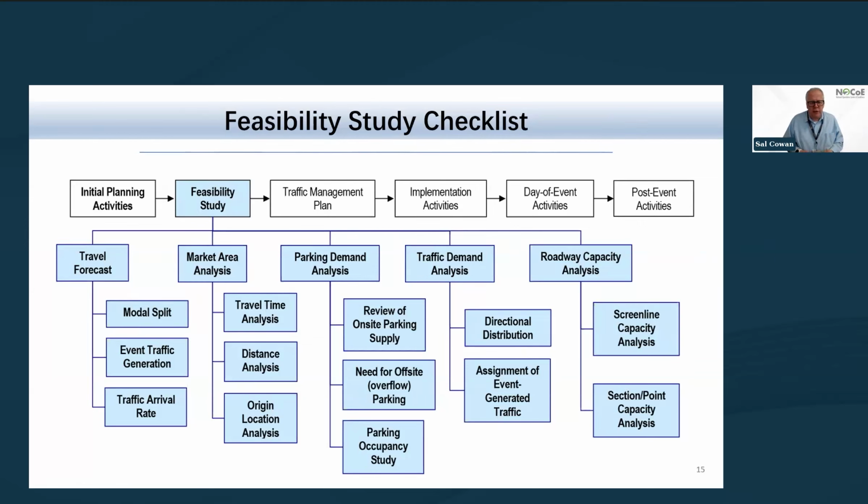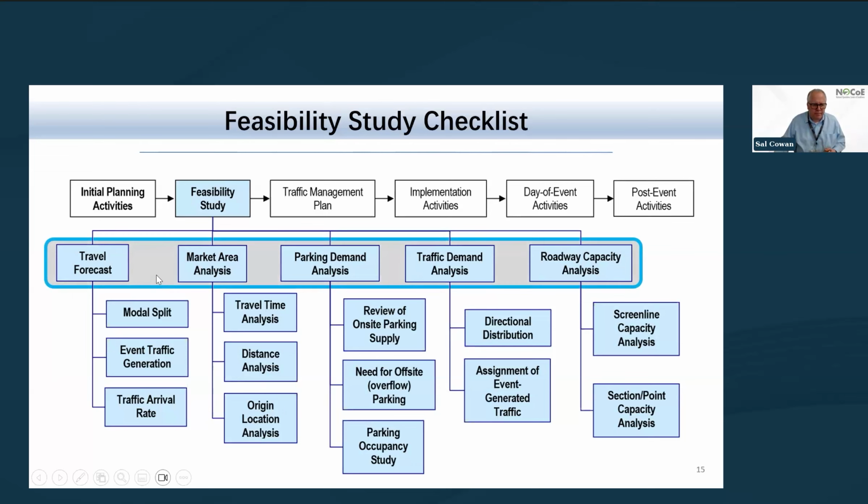Our TSMO team has been managing special events for a few decades now, and I'm very happy to say that these things sort of just happen. They're things that we're very used to. But working with the checklist, especially the feasibility one, it's great to use this to validate our activities. And as Liz noted, the feasibility study checklist is meant to collect information to gauge the effect an event will have on your network and in the region. By walking through the items on here, you're essentially checking, is this event feasible without any impact?